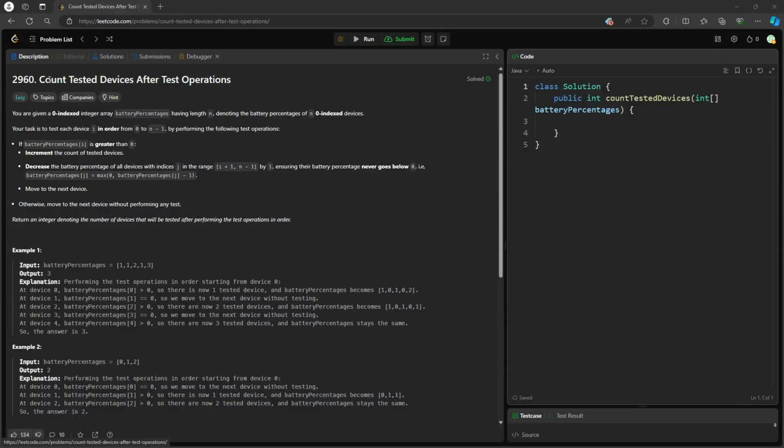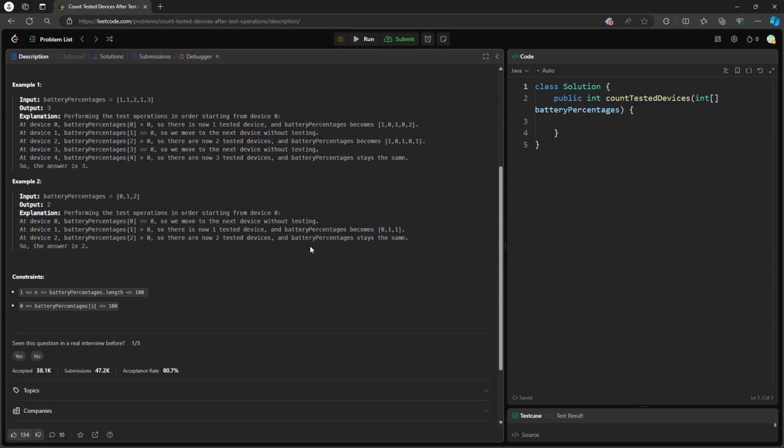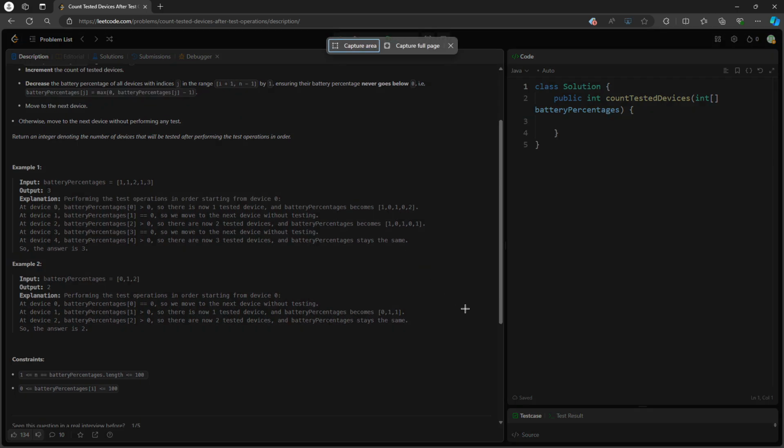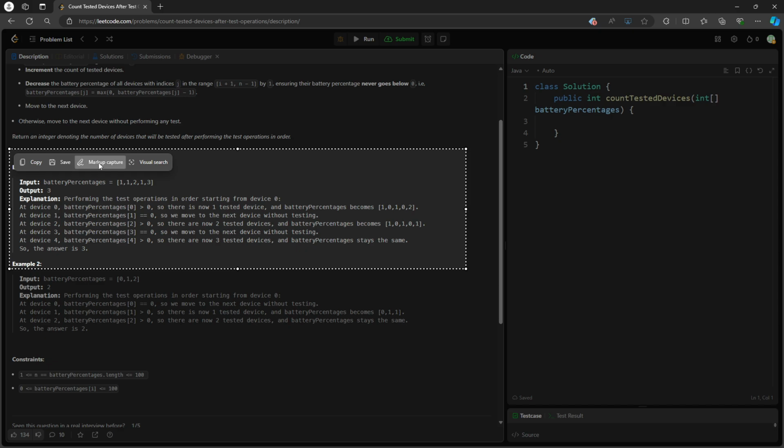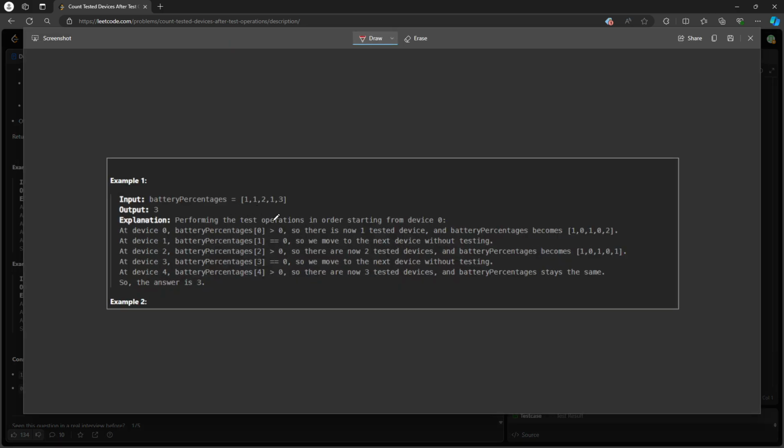This question is count test device after test operations. So you can read over the description yourself. So again, I want to make my own definition. If the battery percentage at I index is greater than 0,